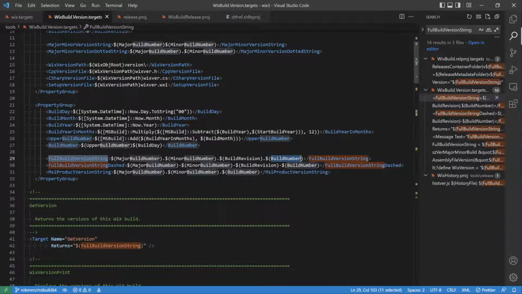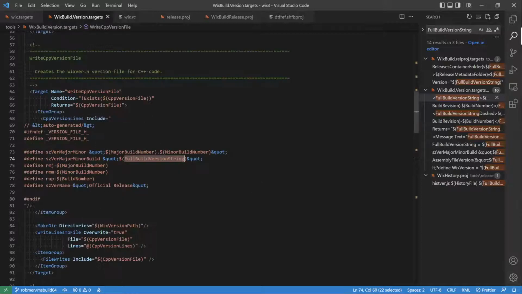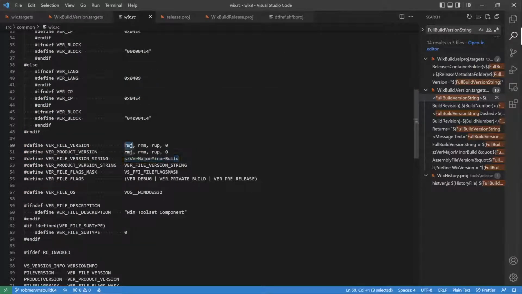Okay, so awesome. This all makes complete sense now. In Wix 3, this is the way Wix 3 built its versions. You can question whether it was the best way to do it, but everything is as it should be. 3.14, the build number, and then this gets set to